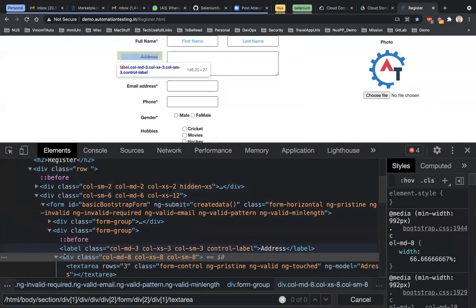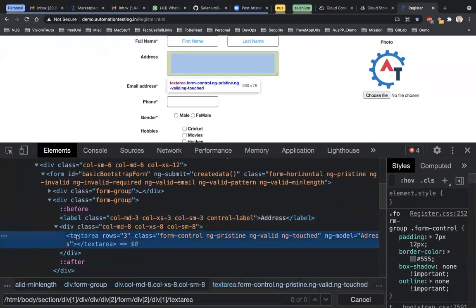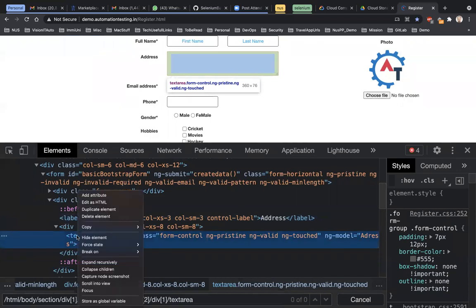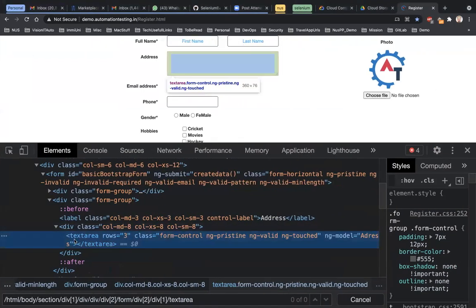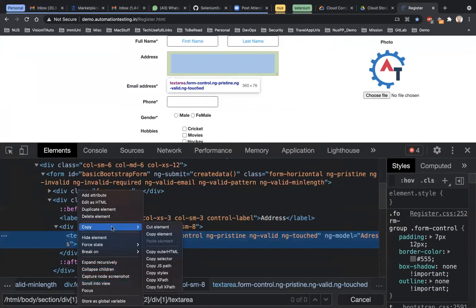Another way of finding XPath, which is very simple, but you should never use it because it's not always accurate, is to go and right click on any element, go to copy, and copy XPath. So if you copy this XPath, it will copy the XPath. This is the XPath it has copied. Or you can right click, copy full XPath.